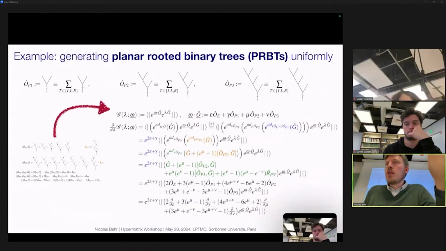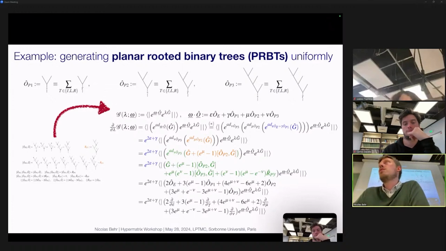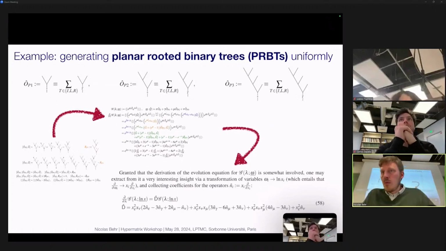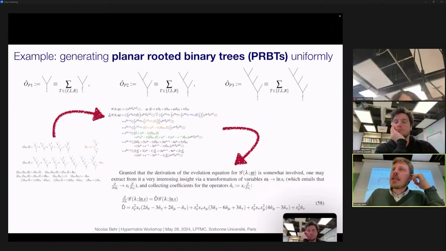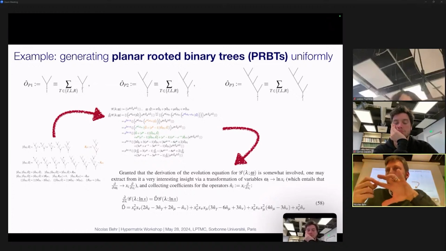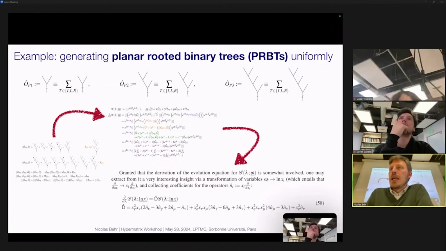Now we can use that to give an evolution equation, because what I didn't say is that there's a way of computing an evolution equation on formal power series with this. Let's maybe just skip to the take-home message. At the end of the day, what I can extract is a formal evolution system which will track the counts of 4 different kinds of patterns, which are shown here. So Y shapes, combs with 2 leaves, combs with 3 leaves, and also the number of edges. And each time I apply a generator, this will consistently change any given tree state with a certain quadruple of counts to another quadruple.